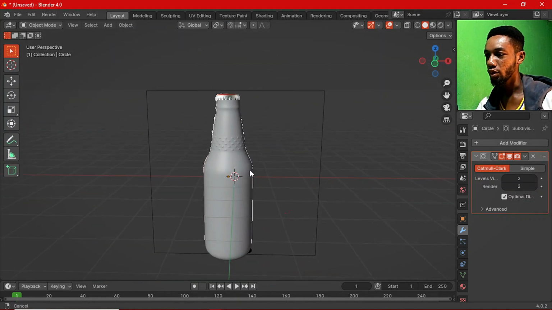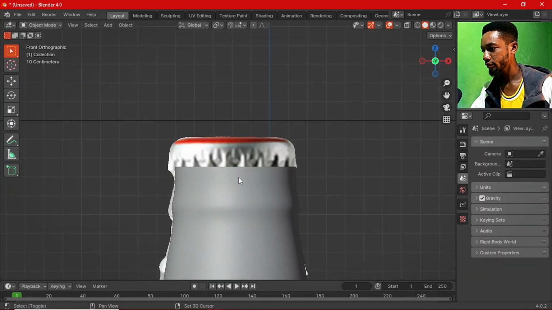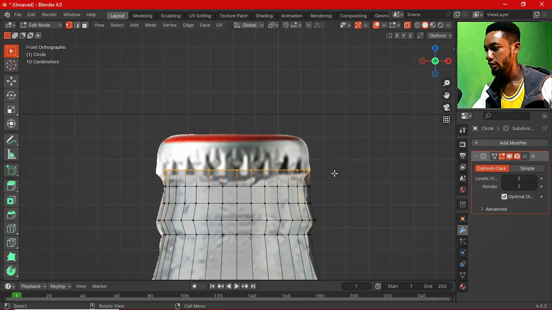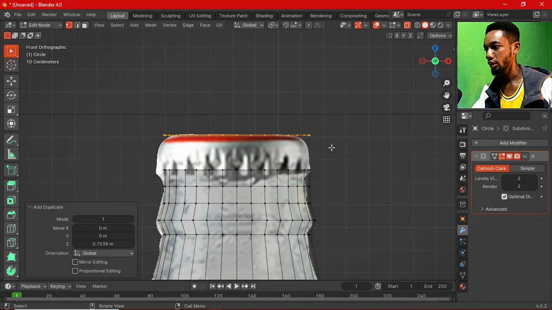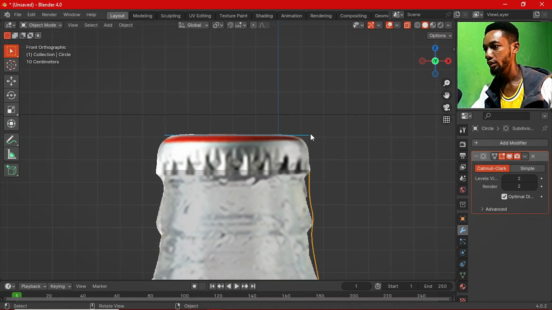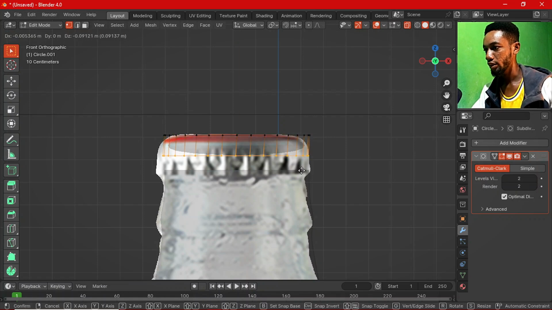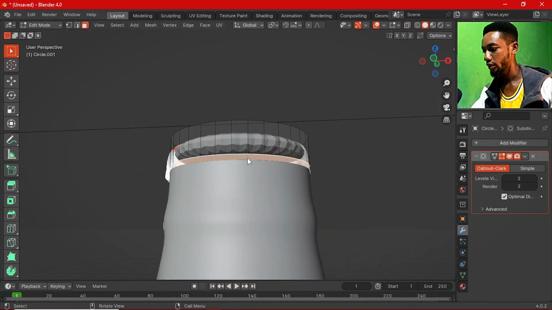Now let's go to the cork. Let's move on to the cork very quickly. So for the cork, we are going to select the faces, shift D, bring it up like so, and then B for selection. Select the ring, tab to go into the edit mode. Make sure they are all selected. Press F on the keyboard to fill, and we are going to extrude it down like so on the Z axis. Then we are going to delete this face,